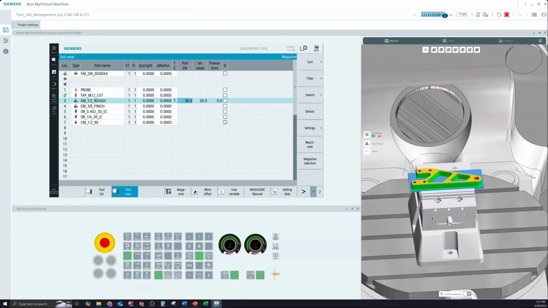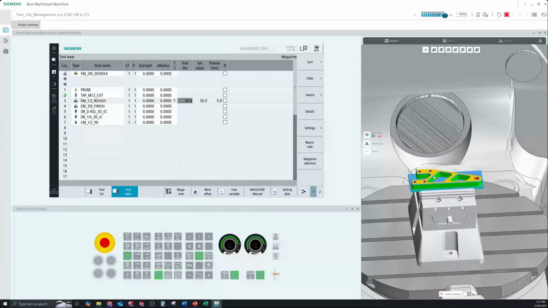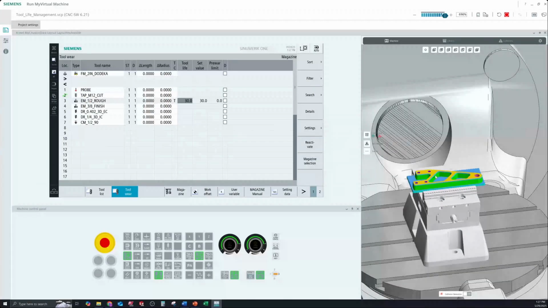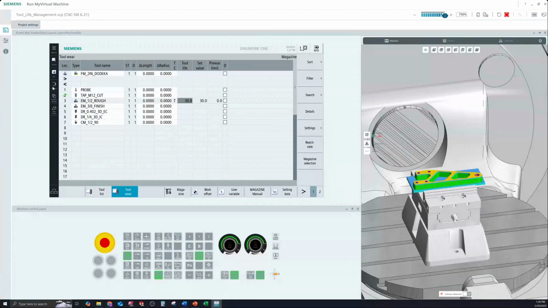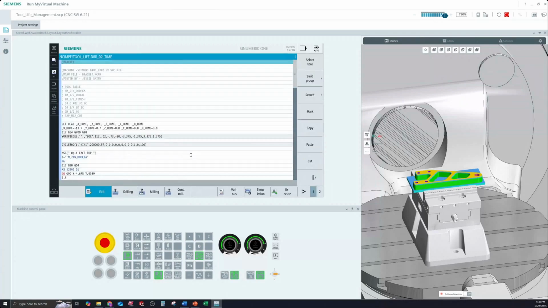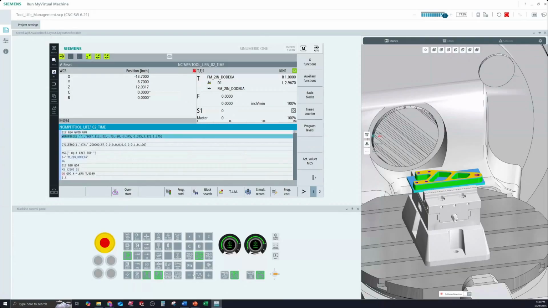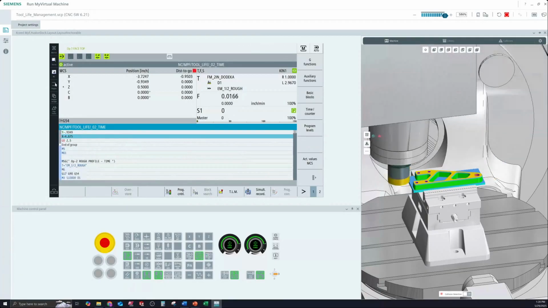What I'm going to do now is call up another program. As you've seen, this takes quite a bit to run through, like 40 or 50 seconds, and I don't want you to have to sit here and wait on that every time just to see one thing. So I've written another program. It's the exact same program, except I'm skipping everything after that 1/2-inch end mill, just using a go-to statement. So if I hit cycle start on this